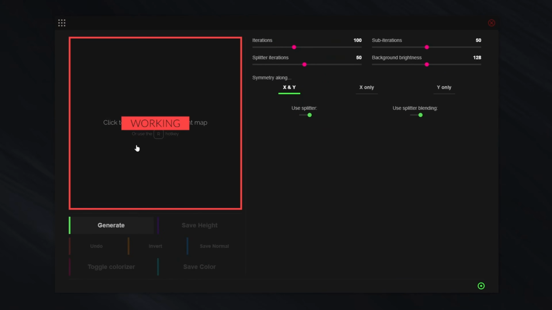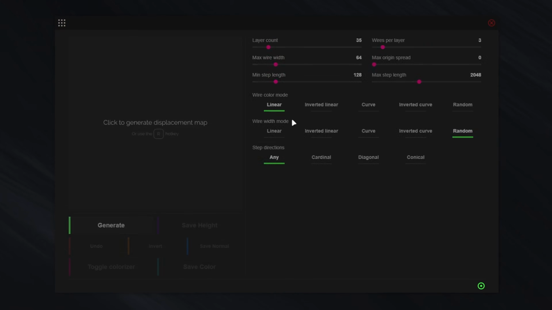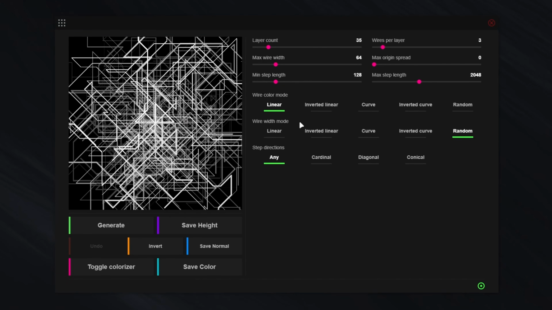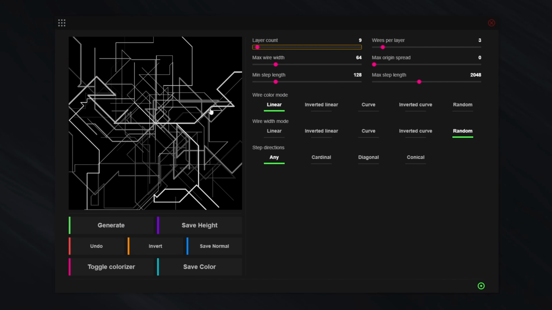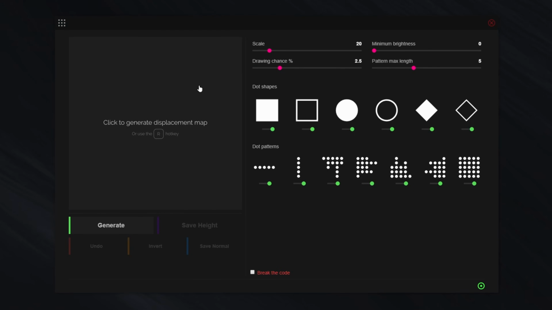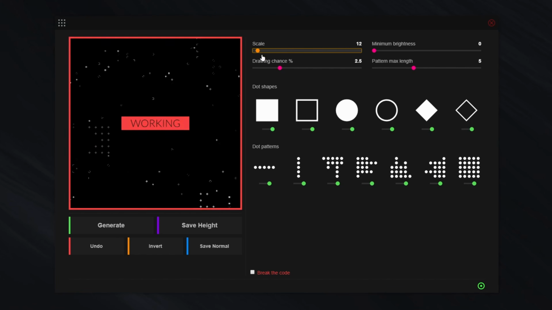And then you have other types, velvet. I don't really use those a lot. Wire can be useful to create some kind of grids, or even road patterns. And then dot grid can also be useful to fake lights. That's actually what I started with, to fake lights or windows in buildings, just using that as a mask